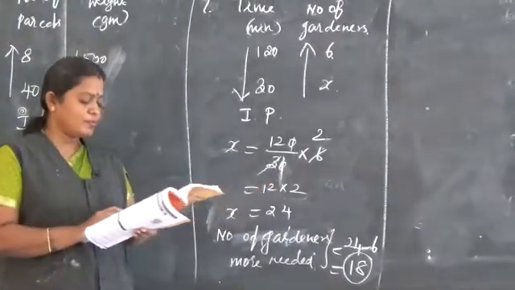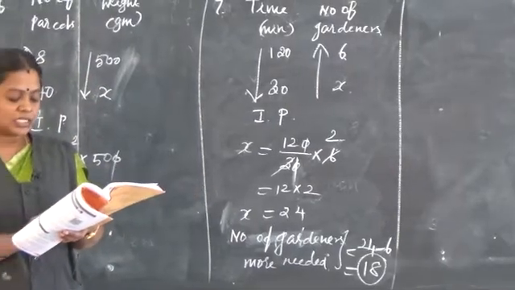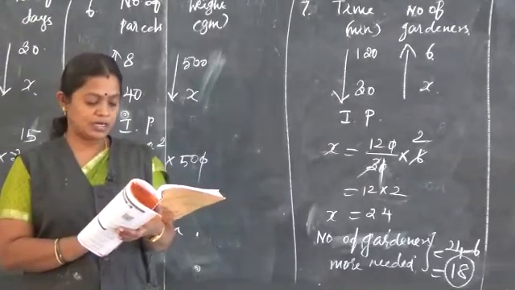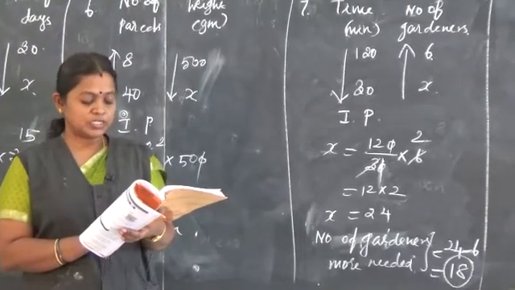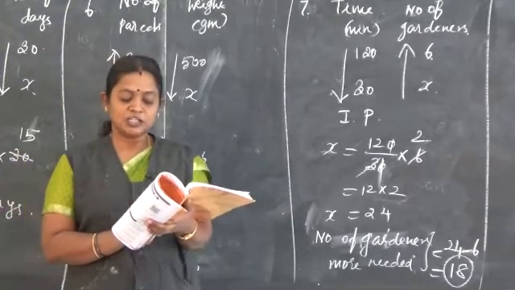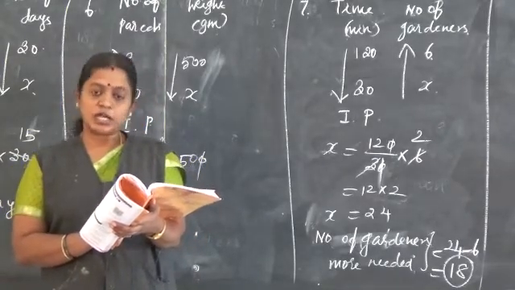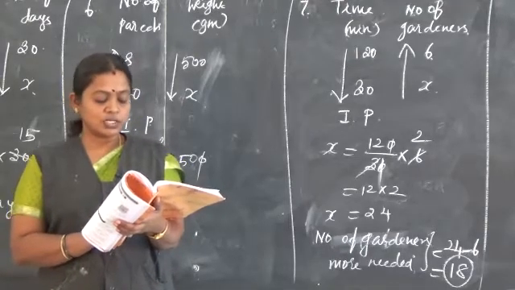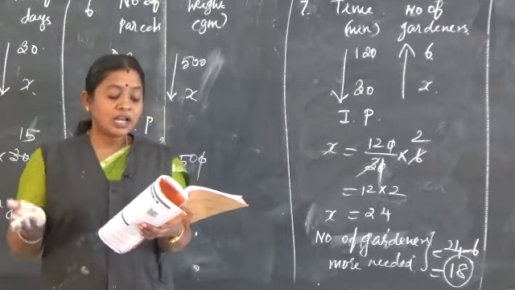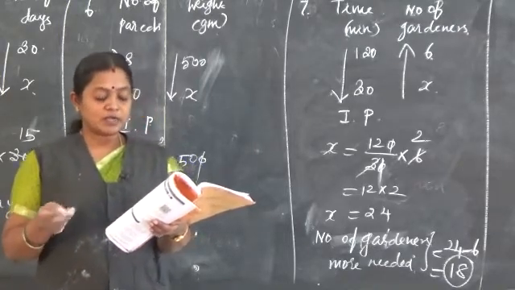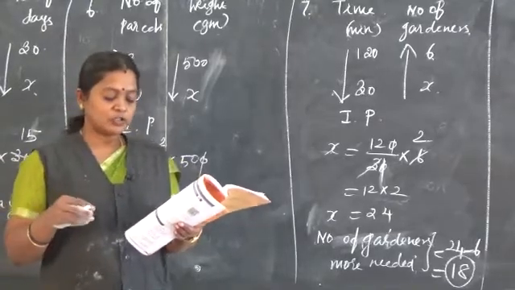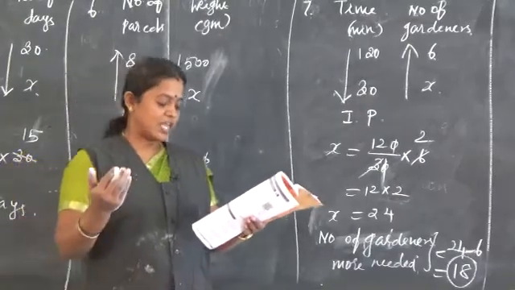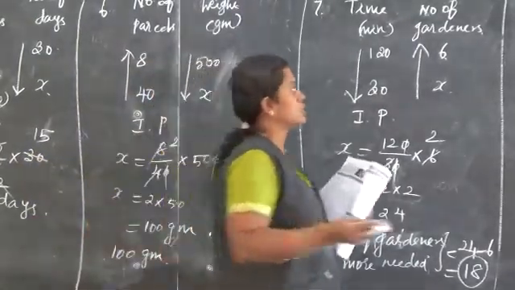Now the 8th one. Neelaveni goes by bicycle to her school every day. Her average speed is 12 km per hour and she reaches school in 20 minutes. She is maintaining the speed of 12 km per hour. She can reach the school in 20 minutes. What is the increase in speed if she reaches the school in 15 minutes? So to reach the school earlier, you should maintain more speed, more than 12 km. Definitely the time is less, so we should increase the speed.